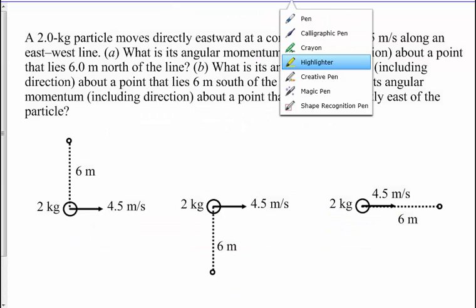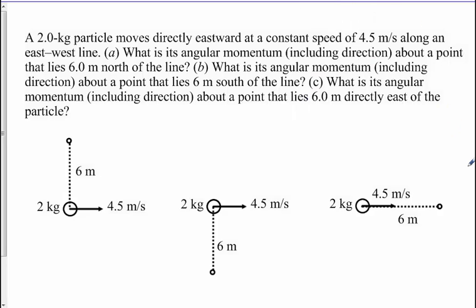I'm going to work a few problems through here, and as far as good examples, the first problem, I have a 2 kilogram mass traveling along a horizontal, we'll call this the i hat direction, and it's traveling 4.5 meters a second, and I want to find the angular momentum about this specific point. So in this case, I can go back and use the definition of angular momentum is equal to the r cross product p, the linear momentum. So to do the first one,